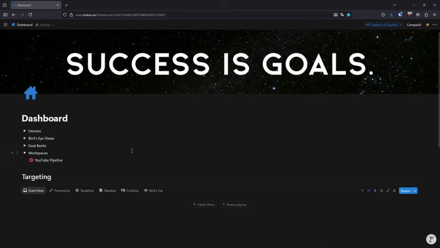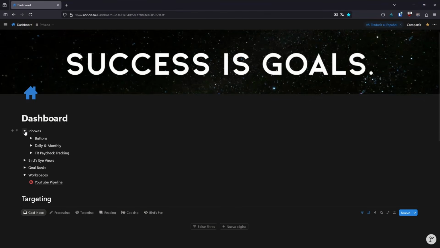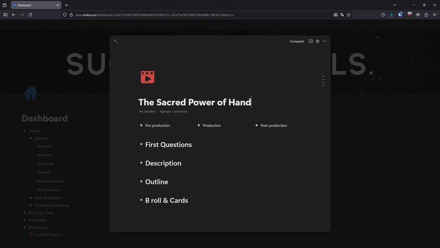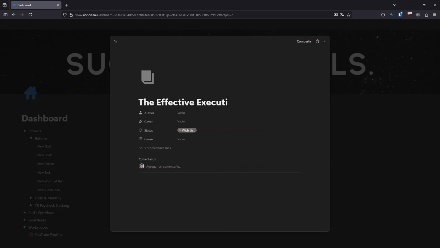The next really powerful thing that I use Notion for is for capturing new inputs. I have inboxes inside of Notion that are linked to the different databases that I have inside Notion, and I use my inboxes on my home screen in Notion from even my phone to be able to very quickly capture new ideas that I have for videos, for example, goals that I want to pursue, books that I want to read or buy,